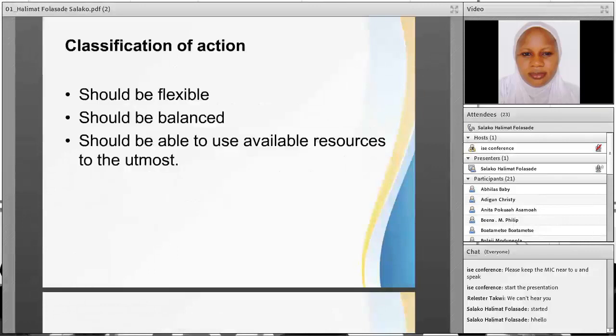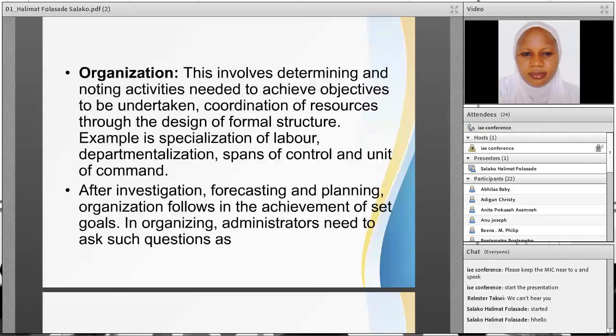This involves planning and activities needed to achieve objectives to be undertaken. Coordination of resources through the design of formal structure, for example specialization of labor,